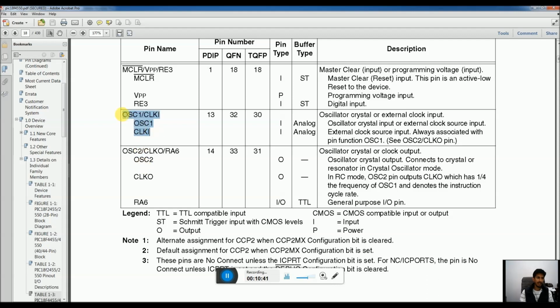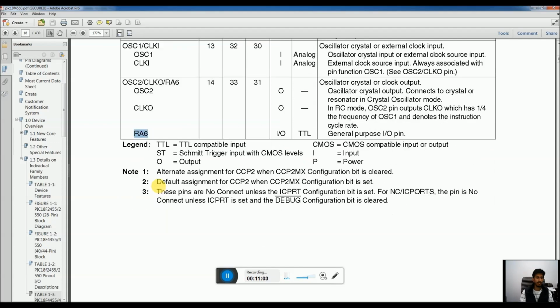So there is no option to associate this pin with a digital input-output port. But this is the bare minimum. The second pin is optional and is only needed in case we are using a high-speed crystal oscillator. So we are given an option to use this pin as a crystal oscillator pin, or if we are not using a crystal oscillator, associate this pin with port A6 and use it as a digital input output.